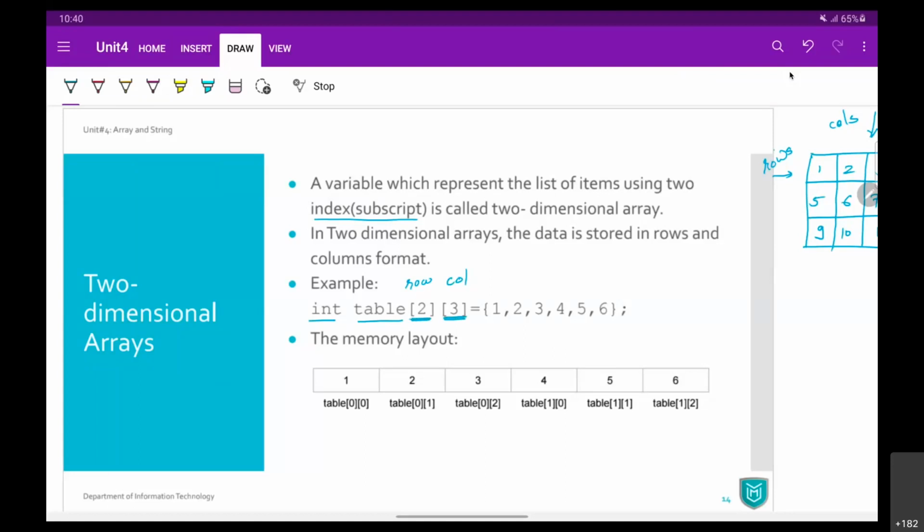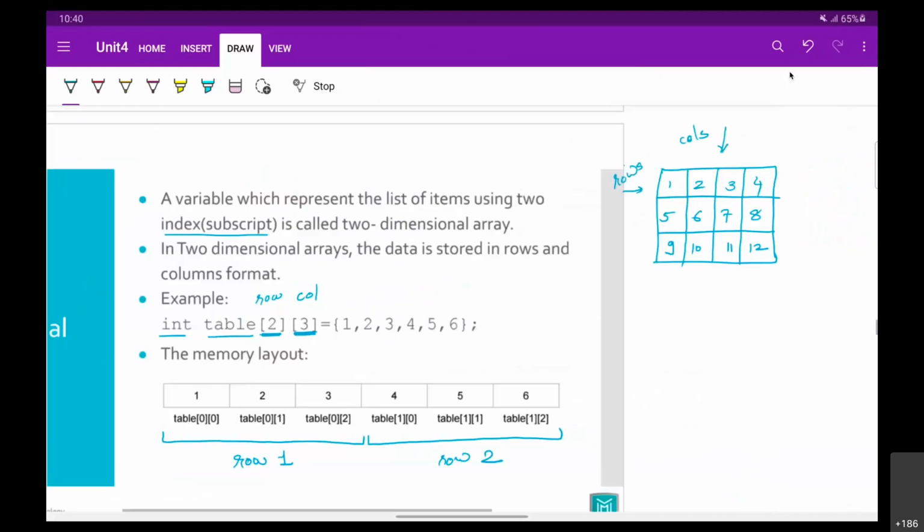So that's how you declare your two-dimensional array variable, which means each row is going to have 3 columns. So first 3 values are going to be of row 1, and the next 3 values are going to be your row 2, and so on. Okay, and it is going to be the sequential memory allocations.